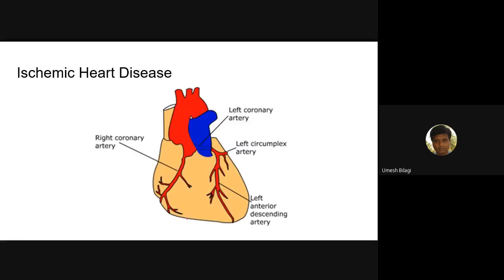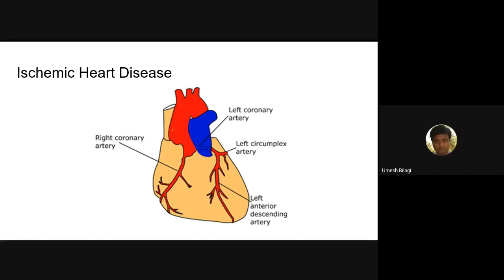So this is part 2 of ECG. In this first slide, you are seeing the heart. Just to review the anatomy once more,